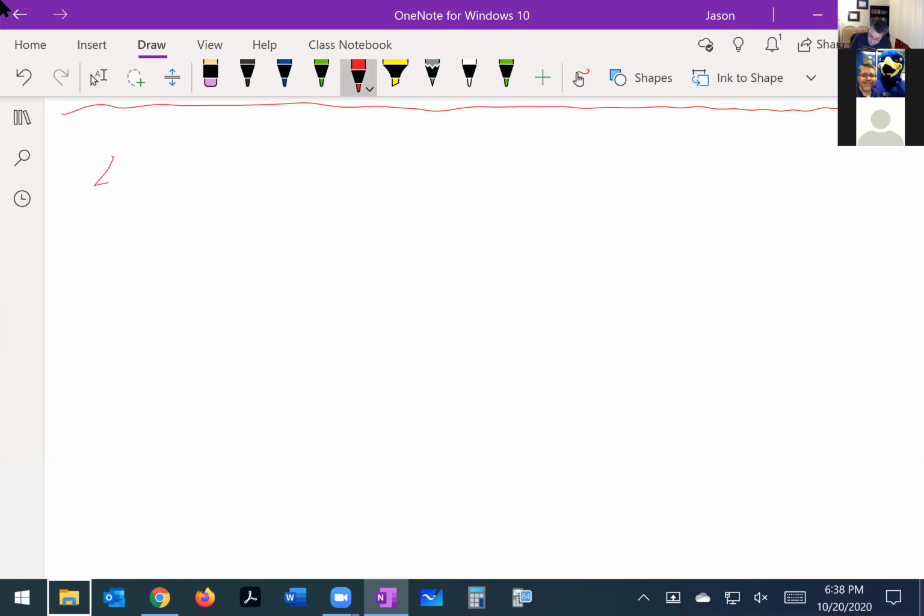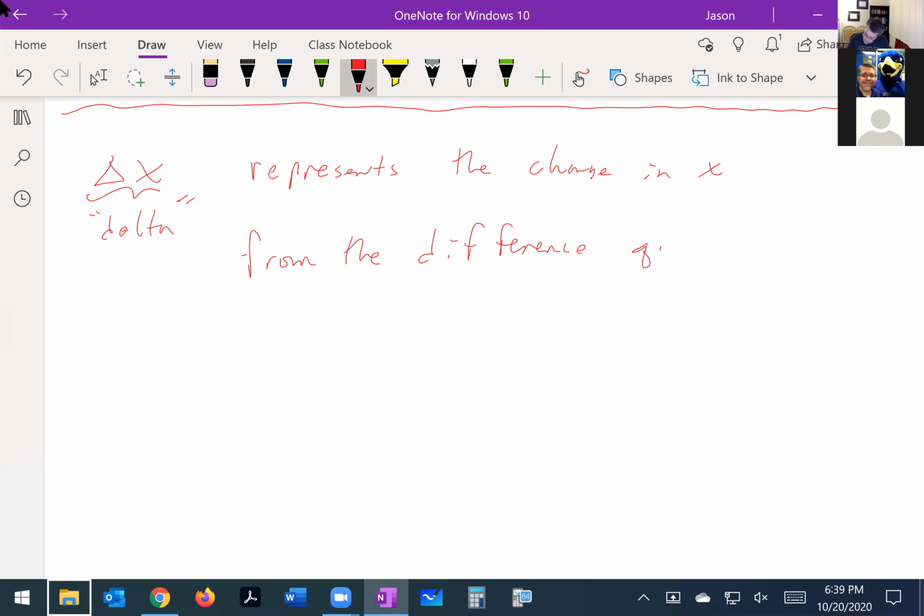Triangle X means delta X. Delta X represents the change in X. That's how much my X values change. From the difference quotient,